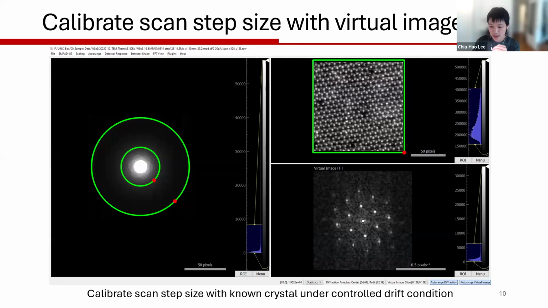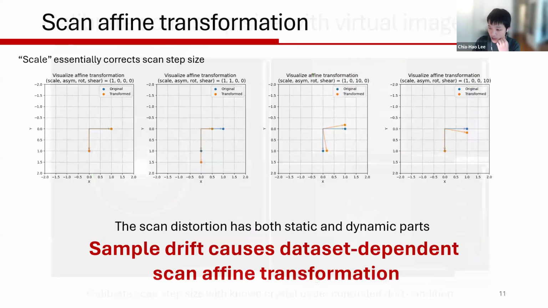And when we talk about this simple drift, there's actually a couple more factors that usually come into play. And like I said, you don't necessarily need to calibrate your scan step size down to like 0.5 or 0.1%, like by having your holder sitting for 24 hours or something like that. Because in practice, you always have this scan distortion. And I personally think it's probably easier to just handle the scan step size as a rough calibration, 1%, 2%, probably okay. And you treat all the dataset-dependent scan distortion